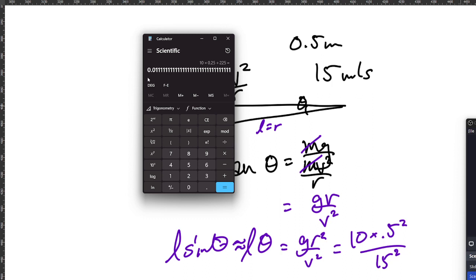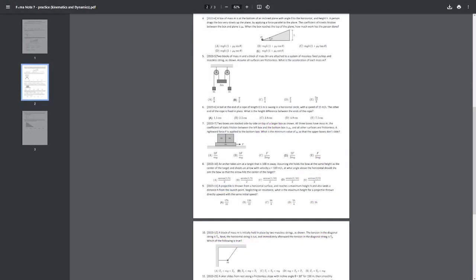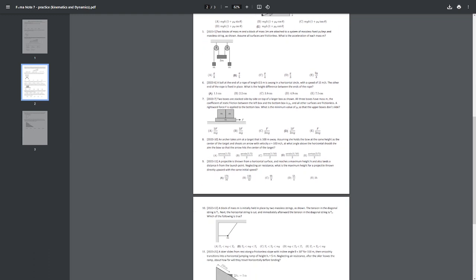And that's going to give us 0.01111. And since this is in meters, we can convert this to centimeters by multiplying by 100, and that gives us around 1.1 centimeters. And if we go back to our worksheet, that is going to give us